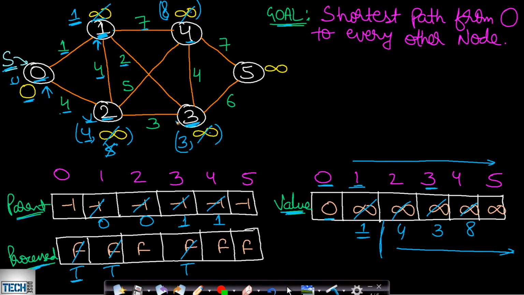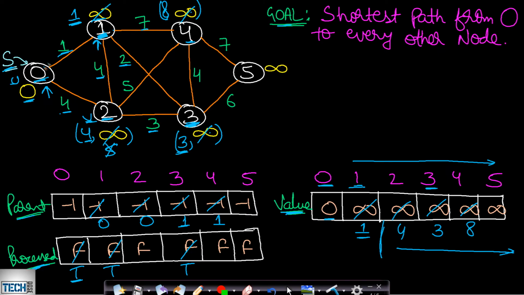So from 3 there is an outgoing edge to 2. Now 2 is not processed, therefore we can relax it. Now what is the cost to reach this 2 via this 3? So that will be equal to the minimum cost to reach this 3, which is nothing but 3, which is via this 1 plus 2. Okay, so this is 3. Now from 3, if you want to reach 2, then that will be equal to this edge weight.